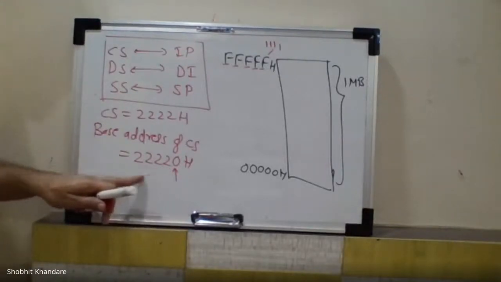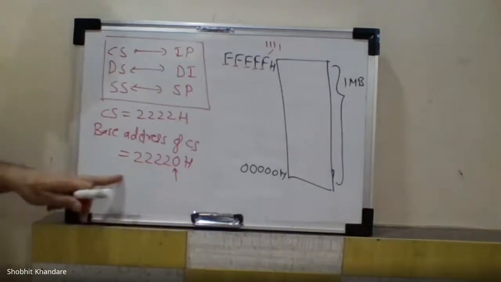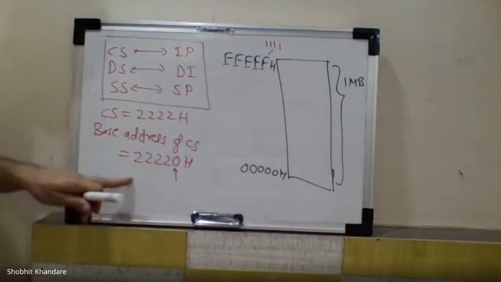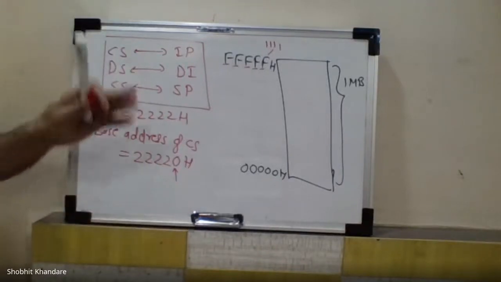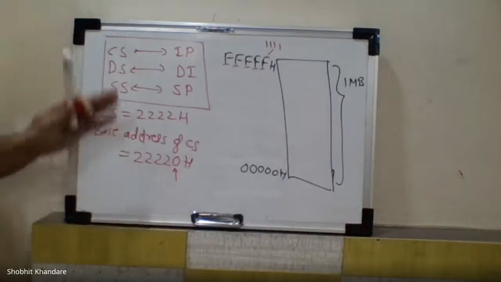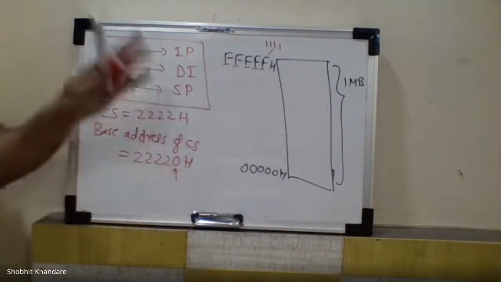Where is all this happening? This is all happening in the BIU, the bus interface unit. Already I have explained this; please recall what is happening in the BIU. In the BIU, you have the offset address and the segment register. Appending of 0 is also done in the BIU.